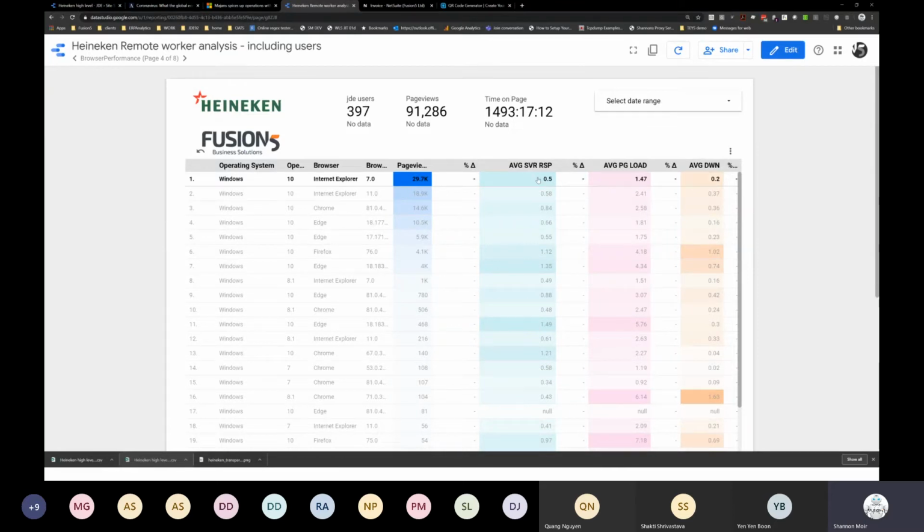So that is the time it takes for the browser to ask the server a question, and the server says, yes, I'm ready to give you a response. The page load time is the time it takes that it sends. So the response has to go to the server, the server responds with all of the data, and the